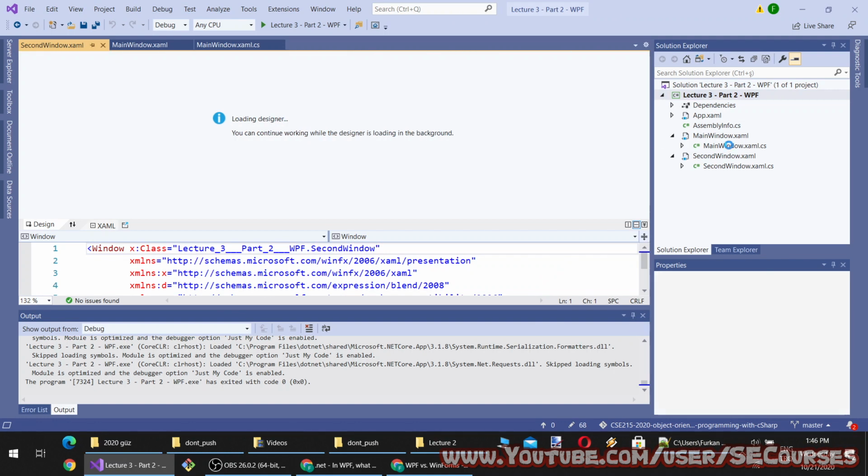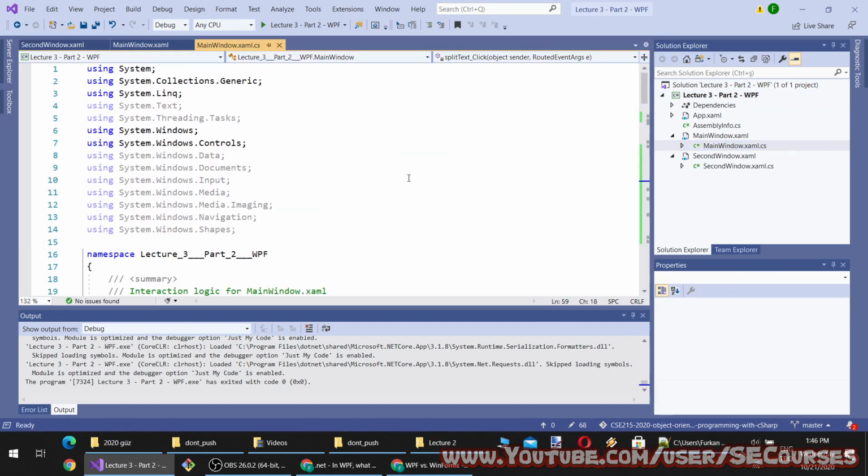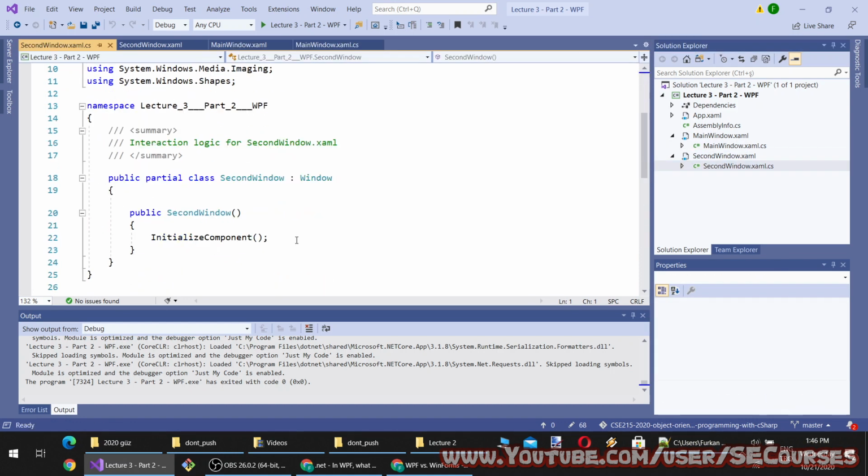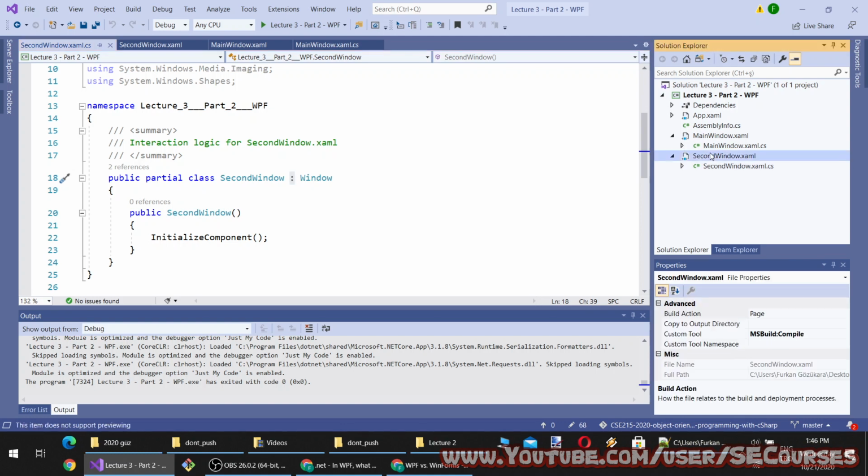You see each one has its own class. This is the class of main window, and this is the class of second window. They are inheriting the window class, so they have all the features of the window class. And the partial class, we will have more information about them in the future.